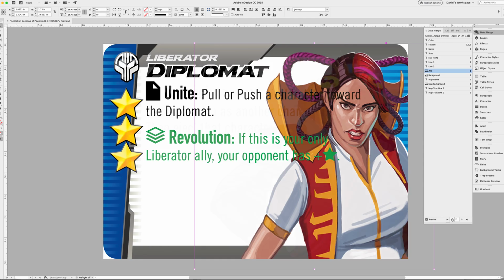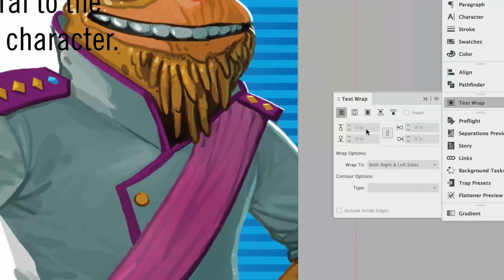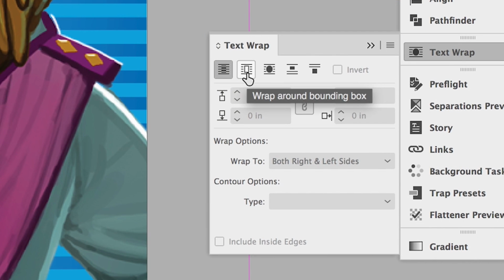silhouette of the art. If this were a normal static layout, you would just go to the text wrap panel and select the image that you want text to wrap around and choose one of the options available here. Probably something like wrap around bounding box, that is the second option, or wrap around object shape, which is the third option. Now, unfortunately, we can't do those just straight up because we have variable images in this layout, and